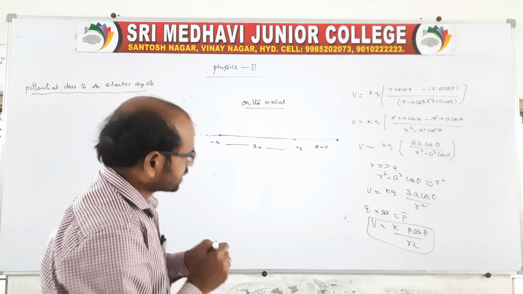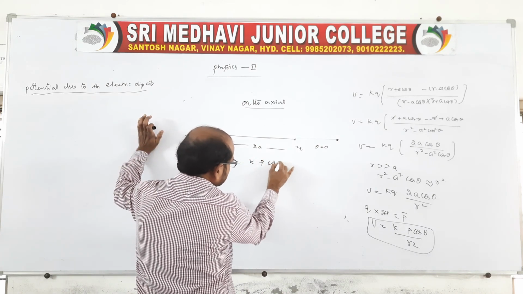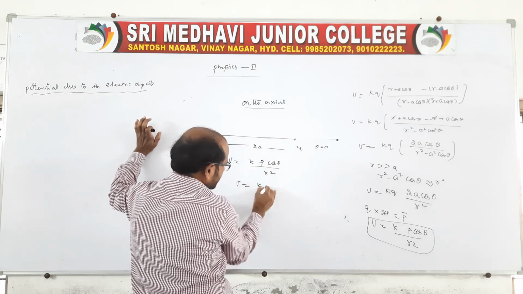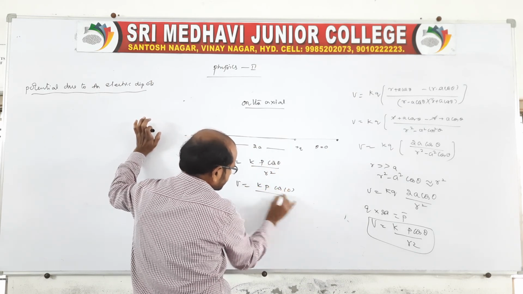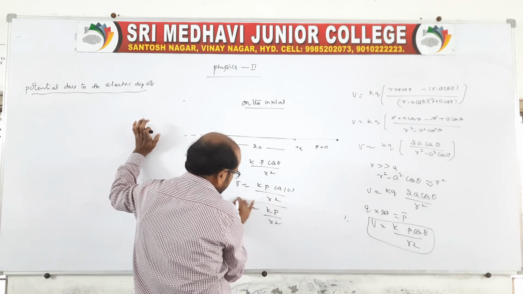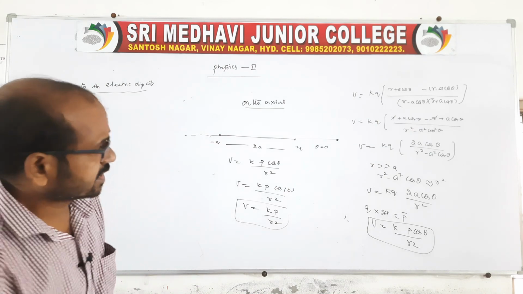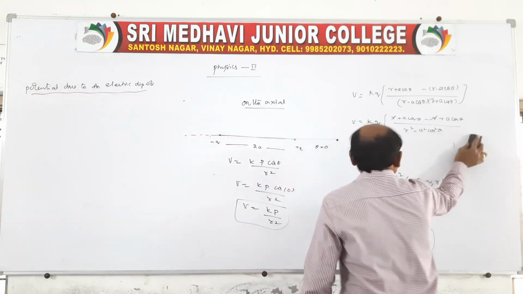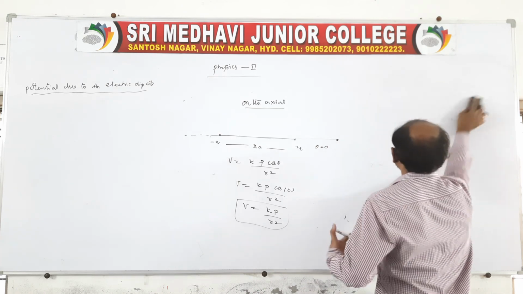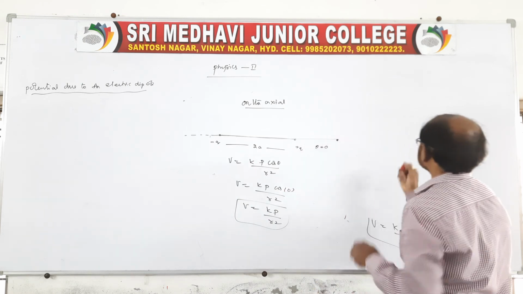Now theta is equal to 0, which means V is equal to kp cos theta by r square. Of course, here theta will be 0. Therefore, kp into cos 0 by r square. Cos 0 is nothing but the maximum. Yes, of course, it is the answer on the axial line. Suppose if he is asking on the equatorial line, yes, you take the equatorial line, that we can say on the equatorial line.